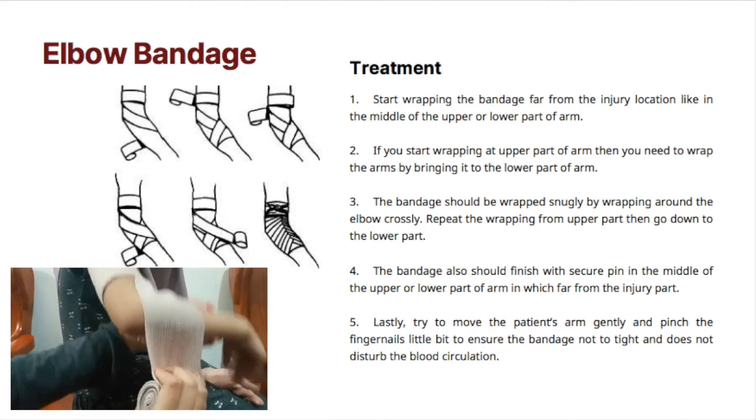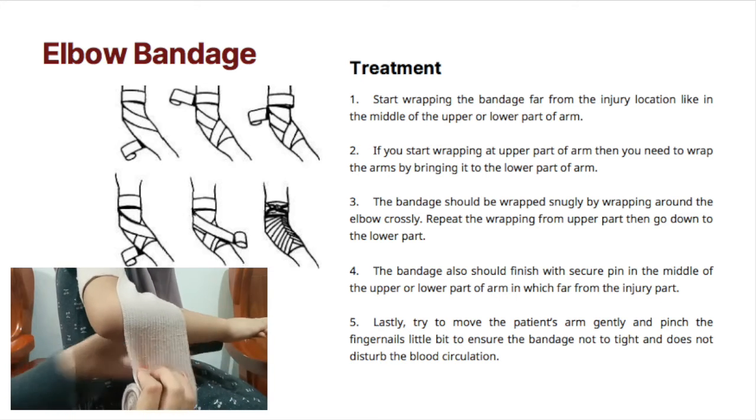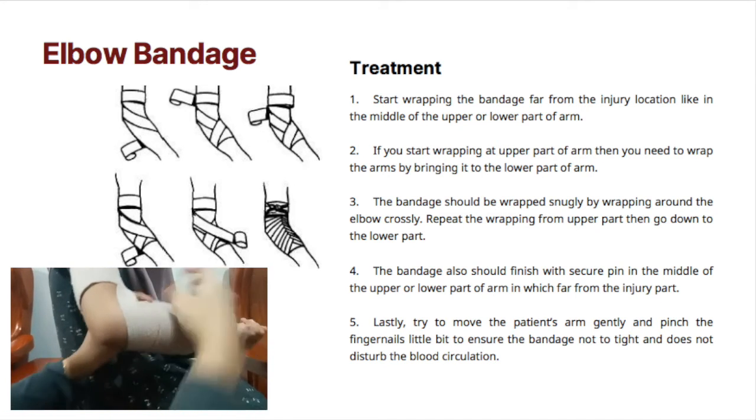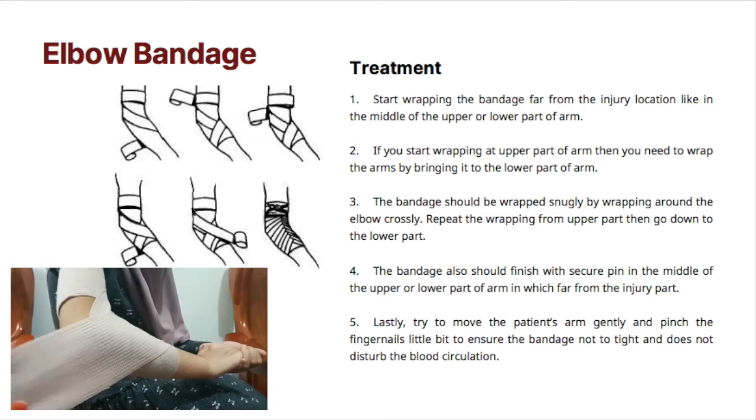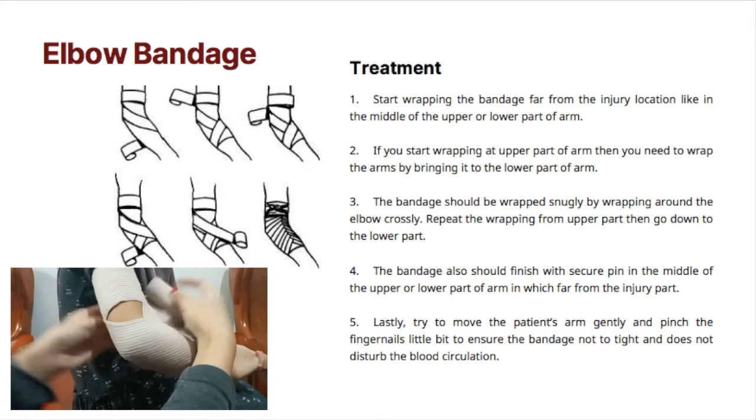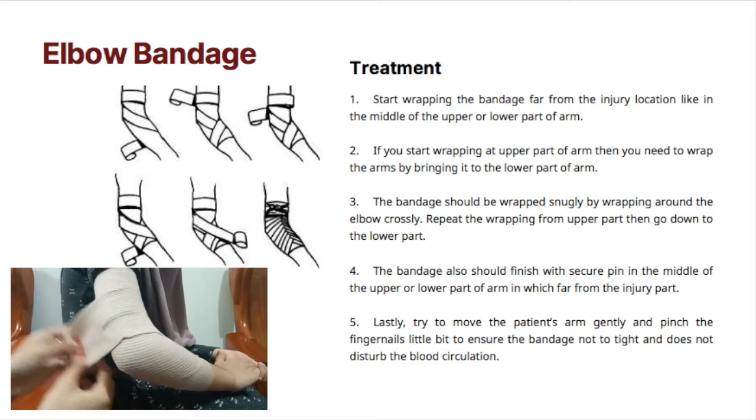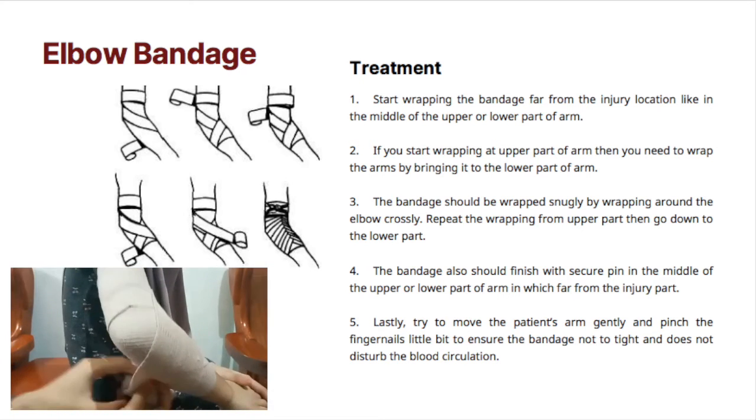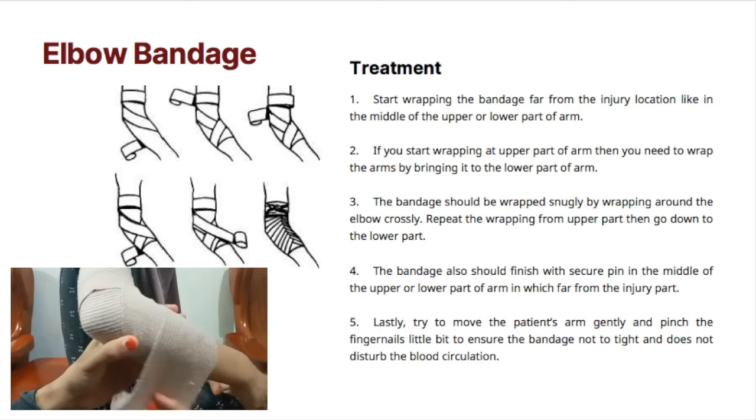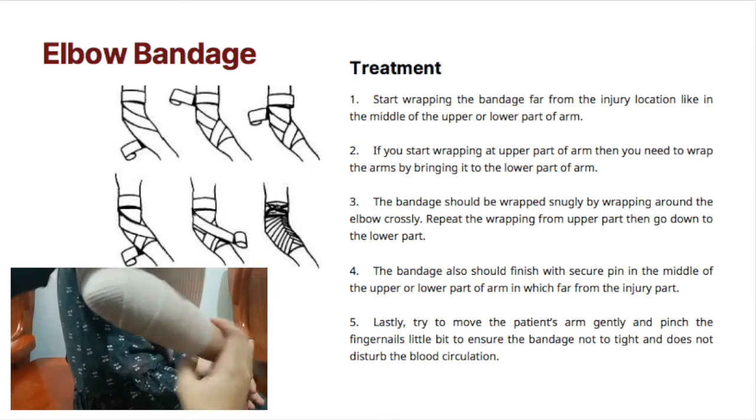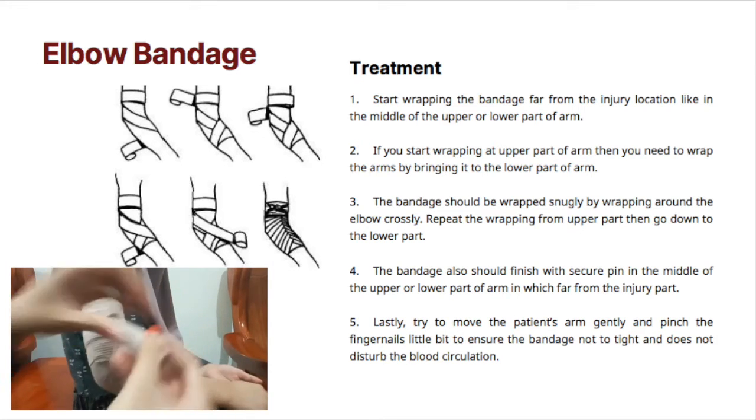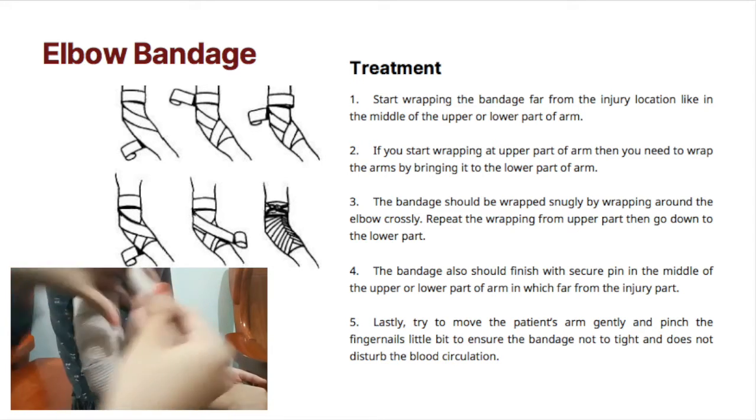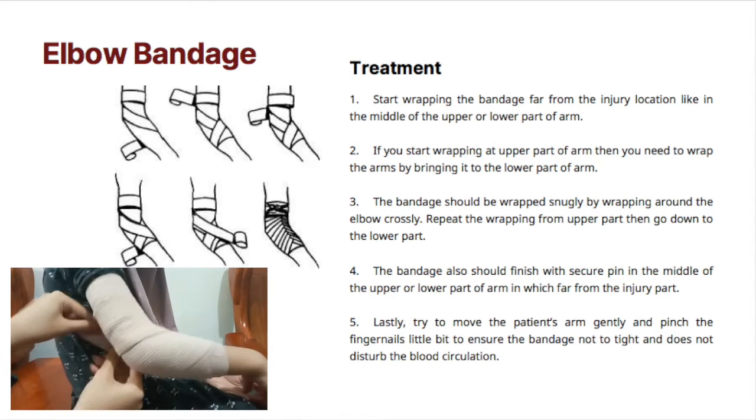Second, if you start wrapping at the upper part of the arm, then you need to wrap the arm by bringing it to the lower part of the arm. The bandage should be wrapped snugly, wrapping around the elbow closely, like in the picture. And you need to repeat the wrapping from the upper part, then go down to the lower part until you have at least 3 inches left. And then the bandage also should finish with the secure pin